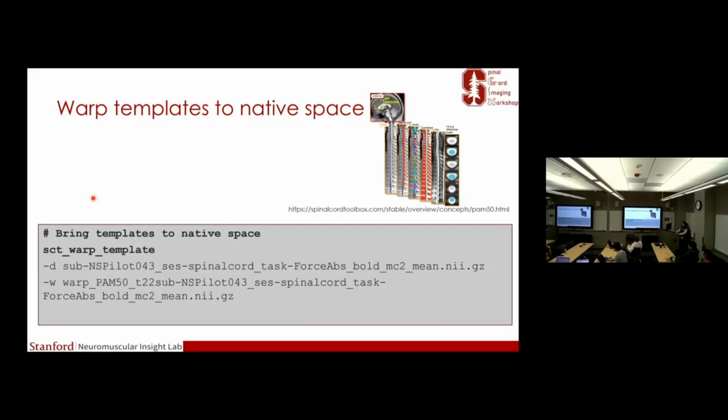And then the good thing is that we can also bring all these interesting templates to our native space. For example, let's say I want to calculate the functional connectivity between different parts of the cord within the native space. Obviously, with my EPIs, I won't be able to see the gray matter. Even if I see it, I would need to manually segment. Yeah, it won't be possible. But then using SCT warp template and the destination as my native image, I can warp all these templates to my native space and then use the templates in the native space, which would help with further analysis and also